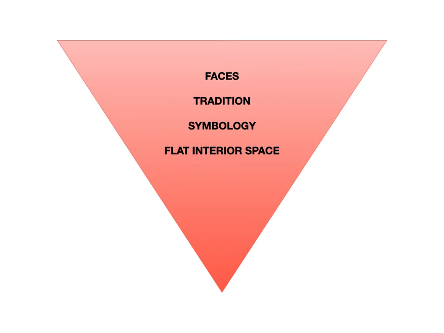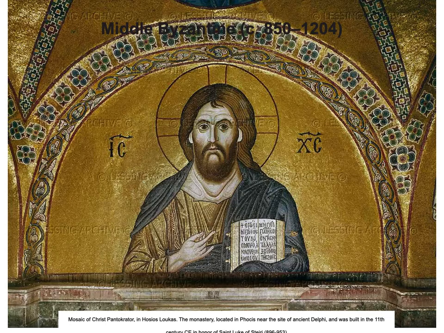Faces, tradition, symbology, and flat interior space. Here we have another image of Christ Pantocrator, and he is in almost an identical position. He's holding the book in his left hand, so scriptures. He has his hand in this same position in his right hand, and we have the golden halo, the extended